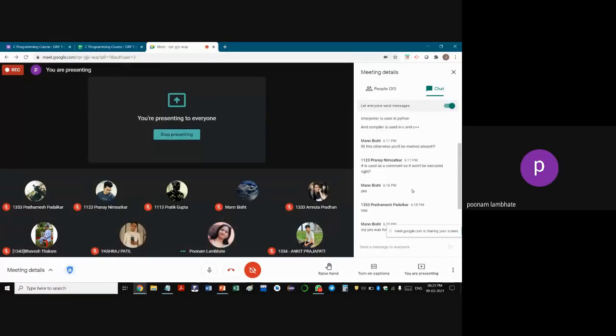No. In Python, hash is a comment. In Python, when you use hash and you write anything after hash on a single line, that is a single line comment. Now, if you want to give multi-line comments in Python, what you do, you use triple quotation marks. Correct? So hash in Python is a single line comment. But in C, C++, hash is used for the macros definition, or if you want to include the header files. Is your doubt clear, Pranay? Yes. Okay.